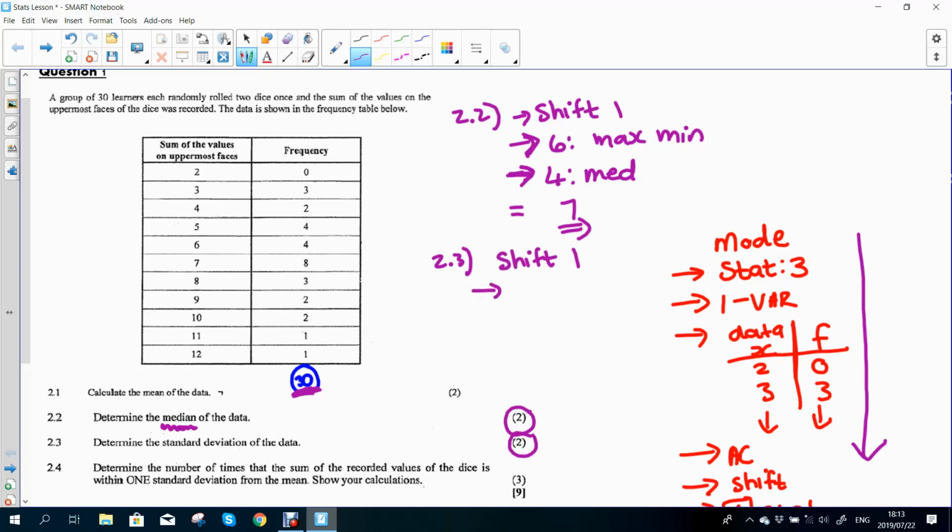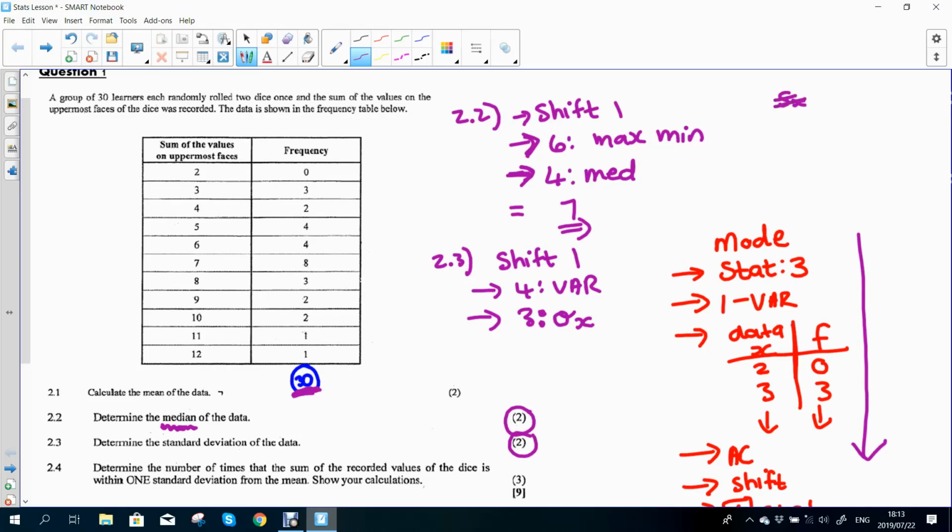After Shift 1, you will choose the option that says 4 VAR. And then you will see an option that says 3, and it looks like this symbol. It's like a little sigma X. Now please choose the correct one. There's another one that says SX. Okay, that is not the correct one.